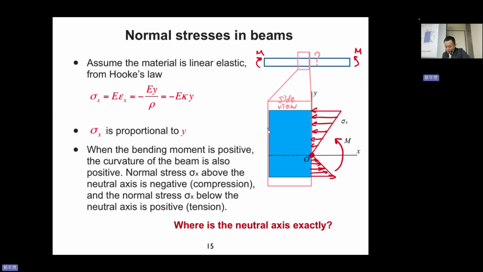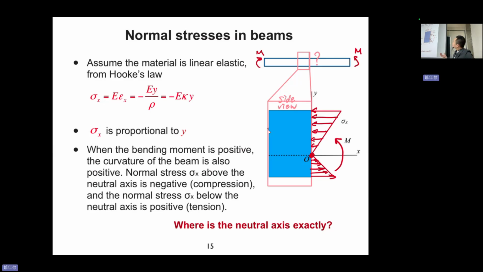Yeah, tensile. 所以你可以看到，如果今天你是一个 M 是正的 moment 在上面的话，你在中性轴之上，它会是正的 Y 嘛？那正的 Y 它这边就是多一个负号，所以变成是压应力，而且 Y 越大，它的 sigma x 会越大，所以它就变成一个倒三角形的应力分布。然后呢，下方的话 Y 是负的，所以负负得正，所以下方就是拉应力，然后就是越下面就会越大。OK,